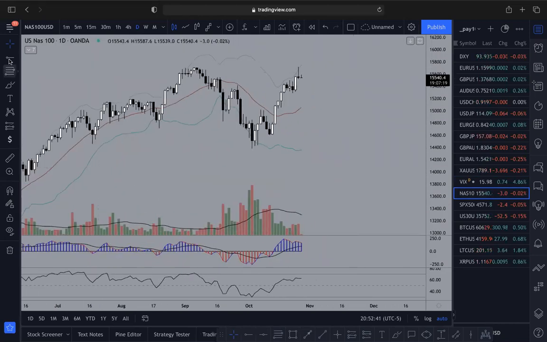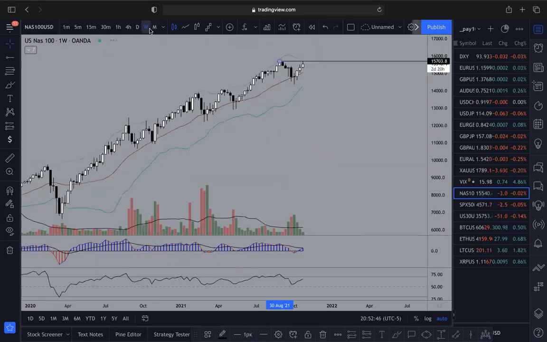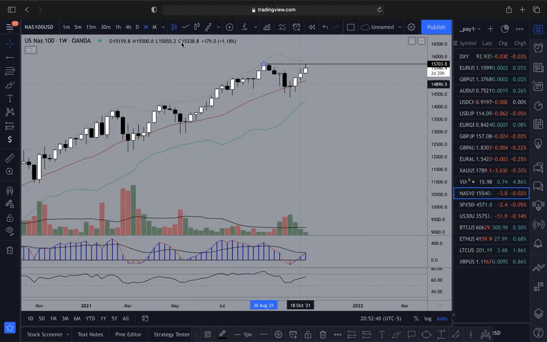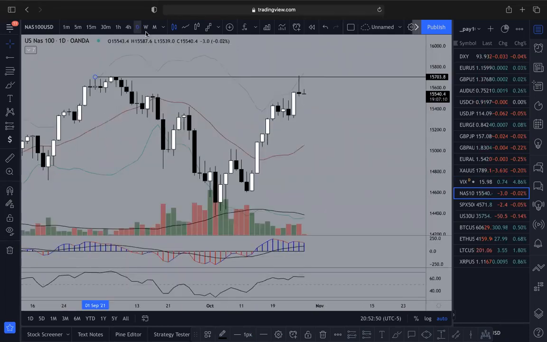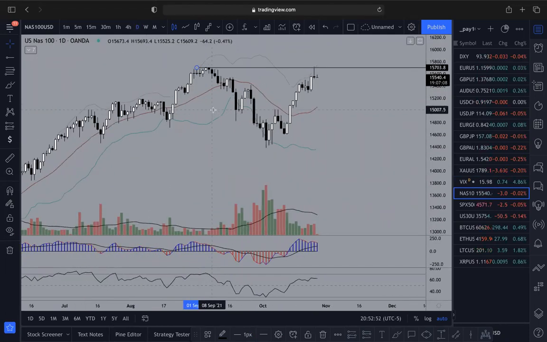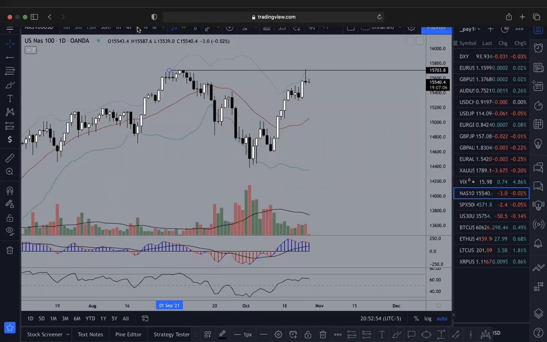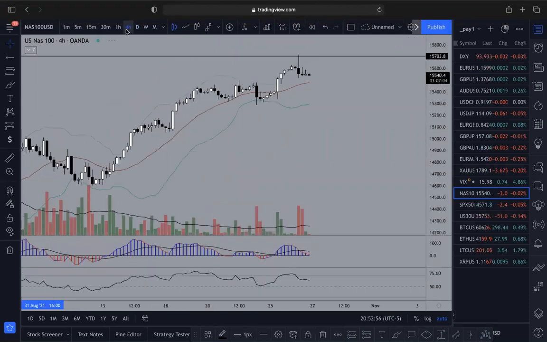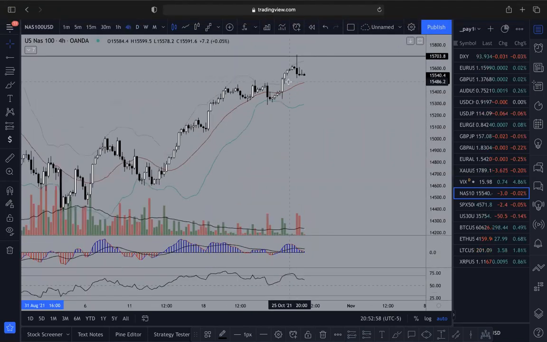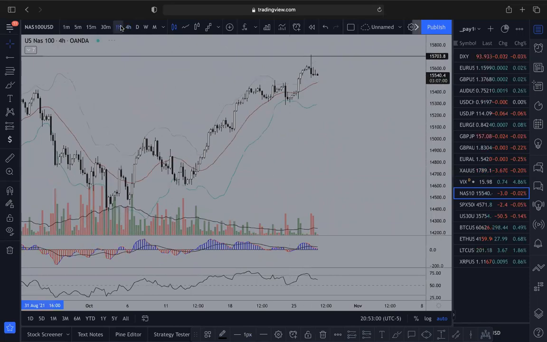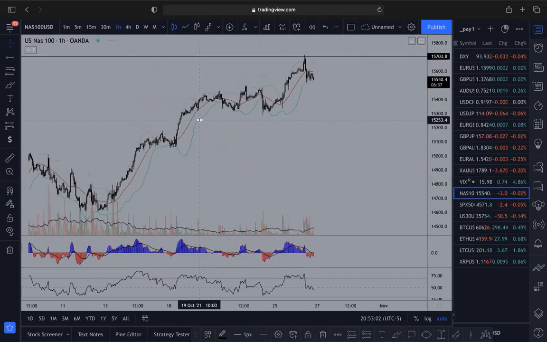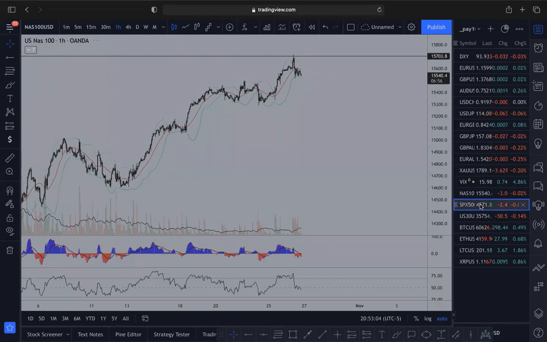So NASDAQ went through that wick, but these time frames are very bullish. Timing the reversals on these is almost impossible, I swear. On the 4-hour, to me, it looks like it's getting ready to fall. It really does look like it's getting ready to fall. Same with the